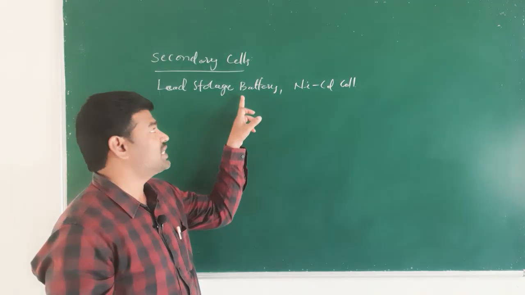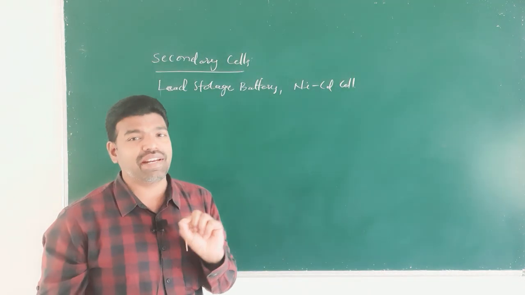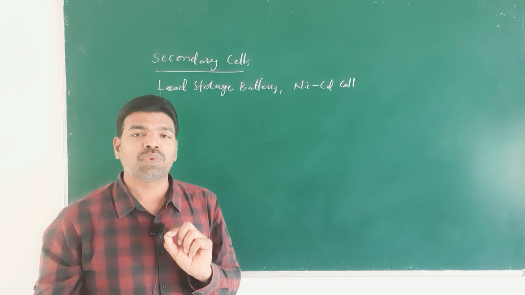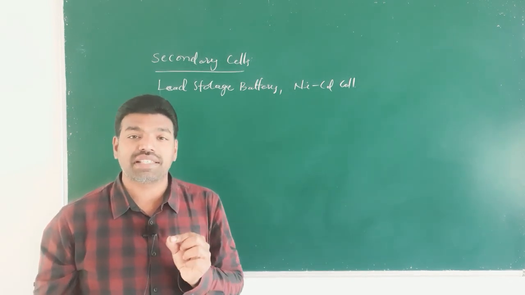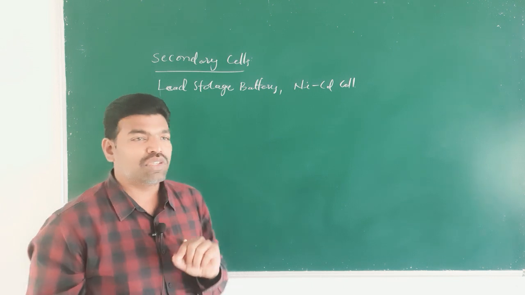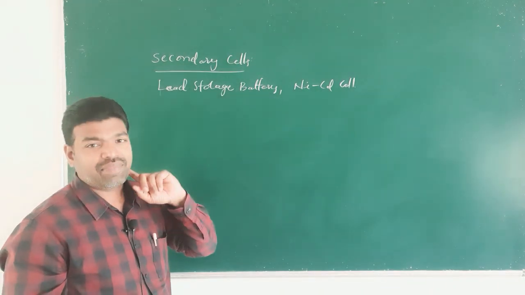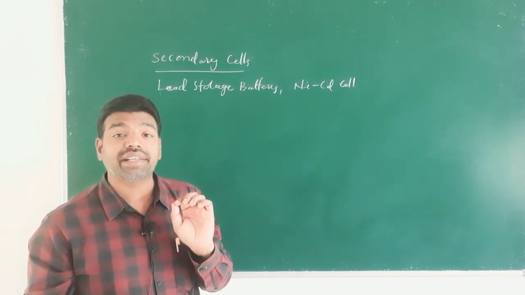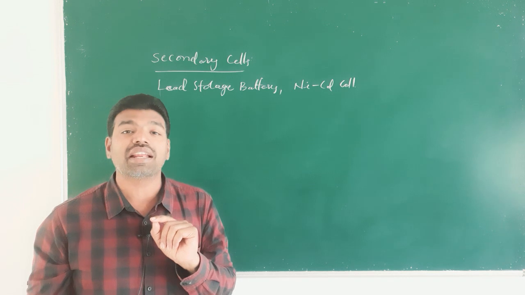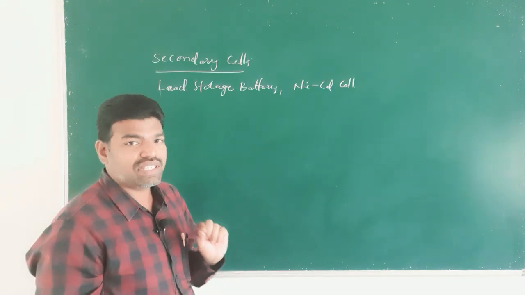So, please find the difference between battery and cell. Already I told you, when cells are connected in series, then it is called a battery. So, the lead storage battery is a 12-volt battery in which 6 cells are connected in series, and in which